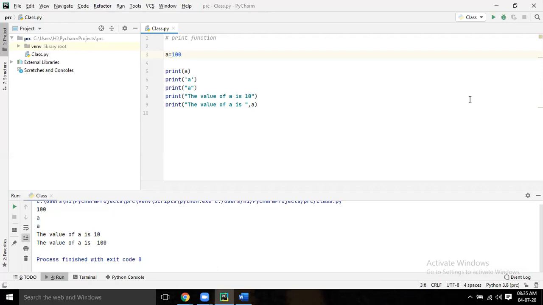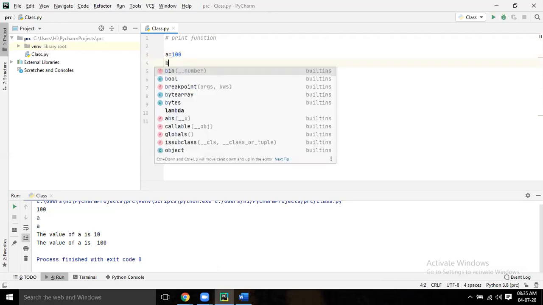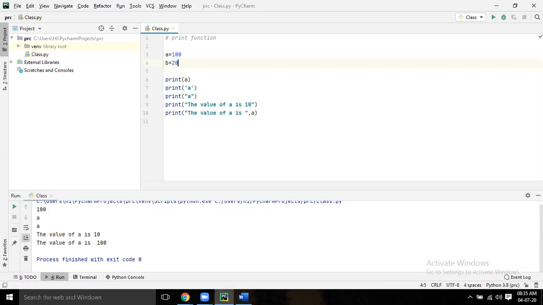Okay. Now we'll continue the print function. As you told, give b equal to 20. Now another statement: the value of a and b. You can write it here, comma b.